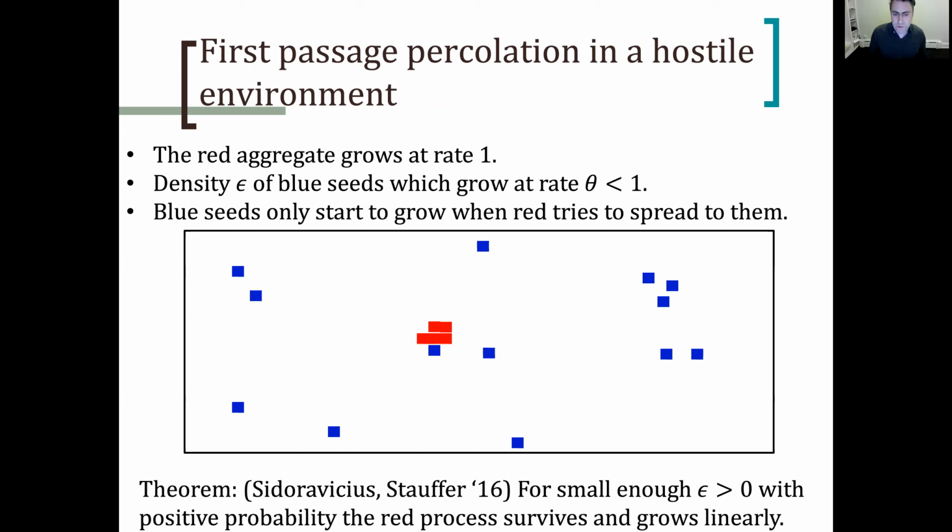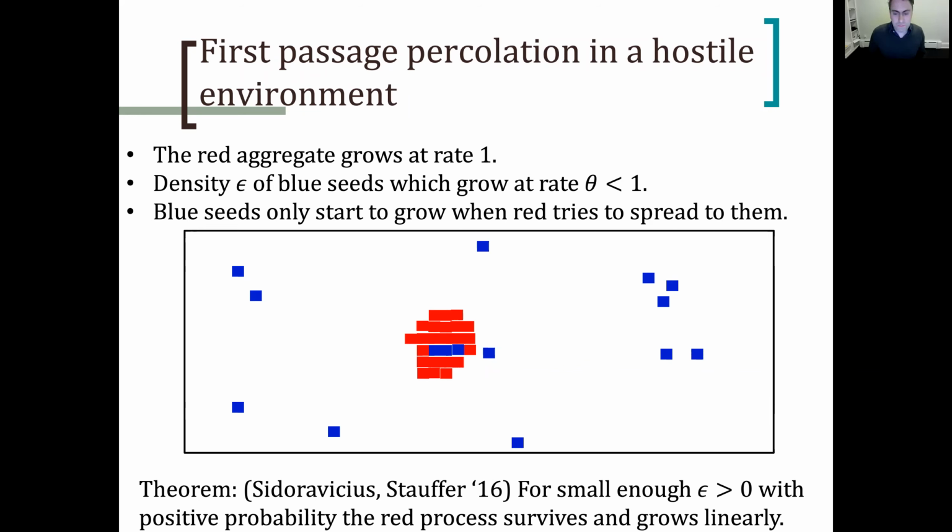So initially the red process is growing, then it tries to jump onto this blue one, and so then the blue process there starts growing as well, but the red one is growing faster, so there's a good chance of it quickly surrounding the blue process. But then later on it could run into several blue ones at once, and so then it has to work harder to take over